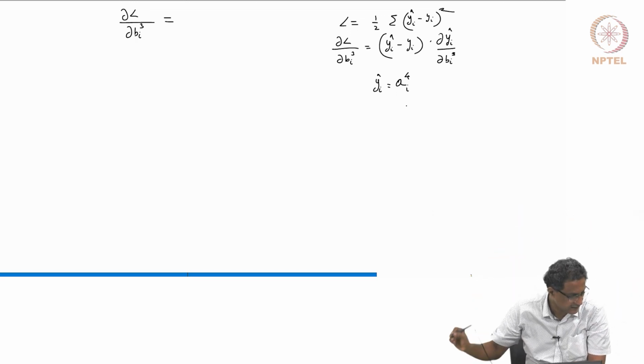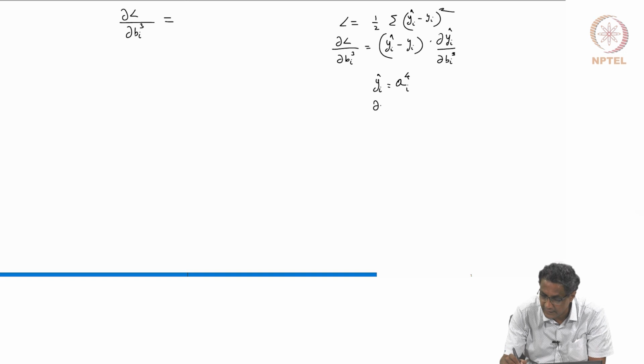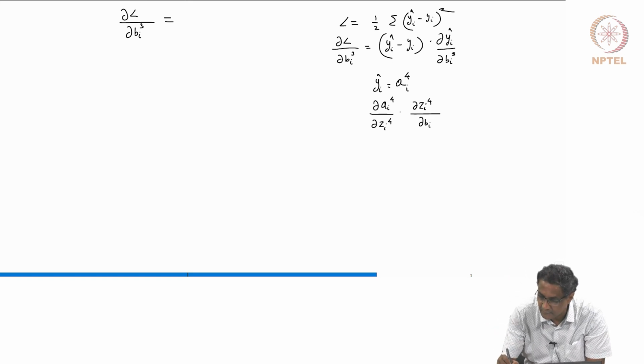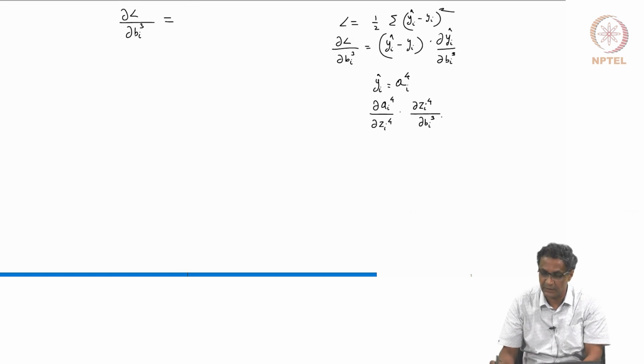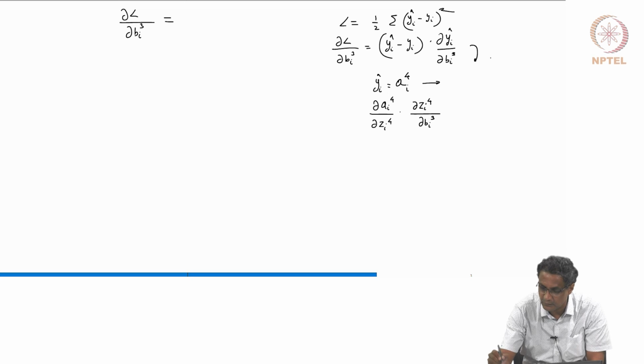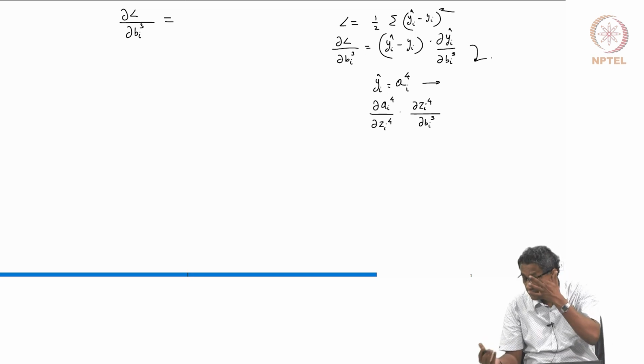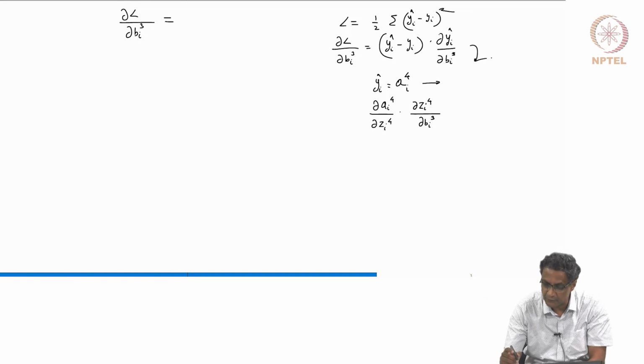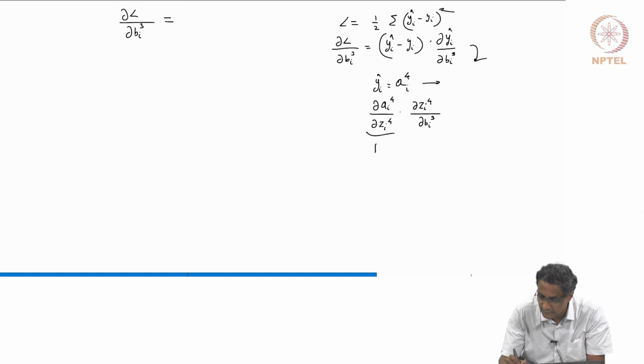What you do is you play this trick, it's simple. You write this as ∂AI4 by ∂ZI4, and then you write this as ∂Zi4 by ∂Bi3, because you need a direct relation between Zi and Bi. Eventually you want this with respect to Bi3, but yi hat is AI4, and Zi4 is directly related to Bi3. That comes from that equation: Zi4 is in terms of Wij3s and Bi3s. And therefore, this is nothing but f dash of Zi4,